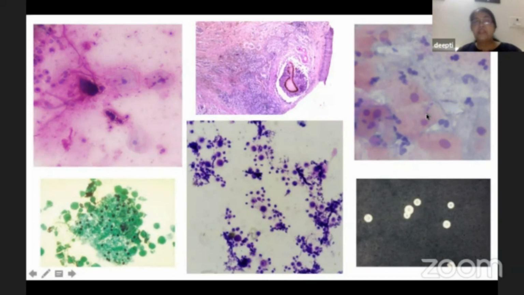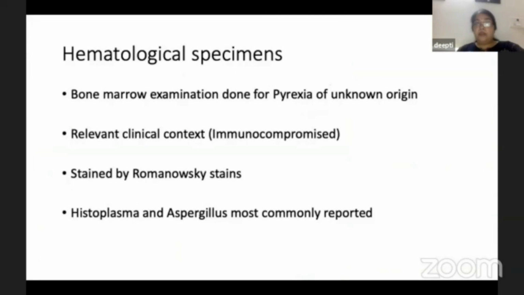In bone marrow specimens, histoplasma and aspergillus have been commonly reported. So for every section there are different routine stains, and the special stains more or less remain the same. Now this was the bone marrow aspirate. Now what you are seeing over here, these are macrophages. These are macrophages which have got eccentrically pushed nucleus. And inside the macrophage, each other by clear space, some of these organisms are also present extracellularly. This almost clinches the diagnosis of histoplasma. As emphasized in yesterday's class, relevant clinical context is very important.